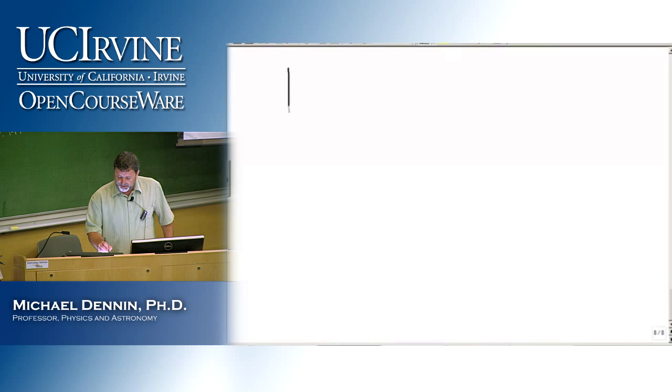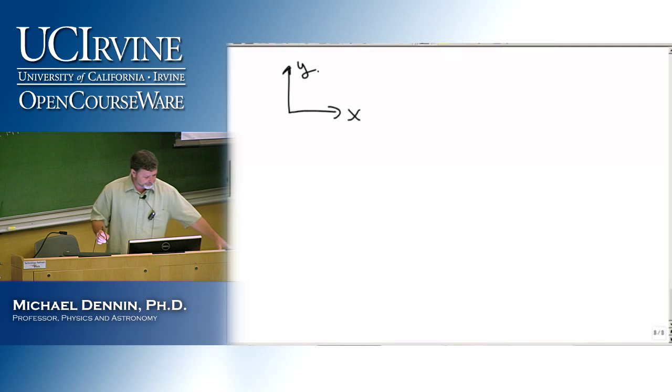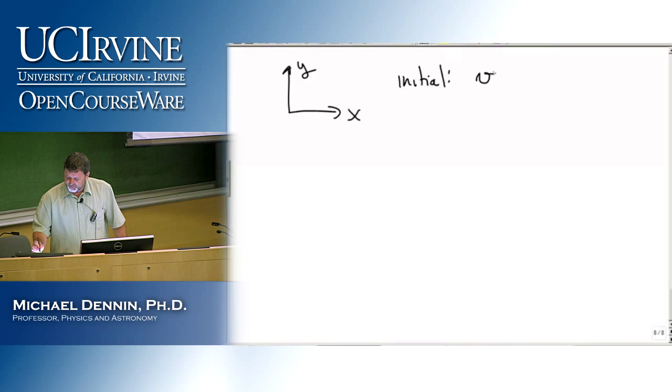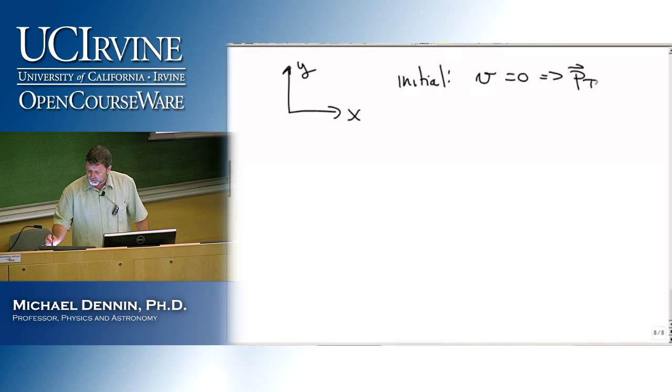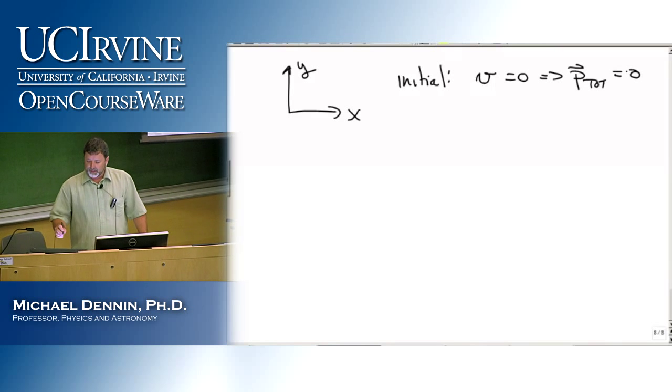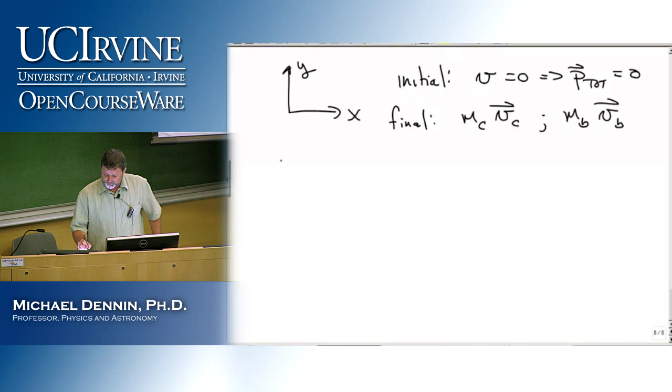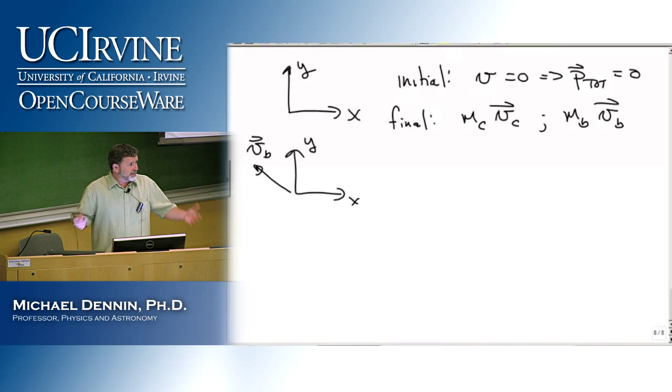Because what happens is I need to worry about x and y, right? And in my initial state, v equals 0, so p total is 0. In my final state, I have the mass of the cannon times the velocity of the cannon, and I have the mass of the cannonball times the velocity of the cannonball. But now, in my xy coordinate system, the velocity of the cannonball is that way. And if I haven't given you the true cannon velocity, if I just give you that,